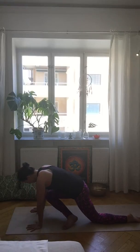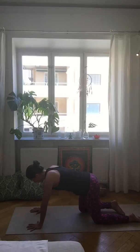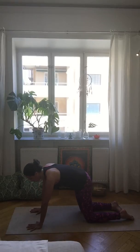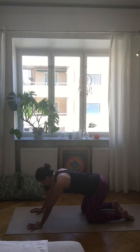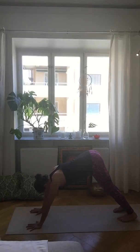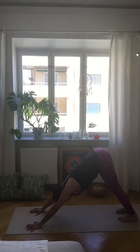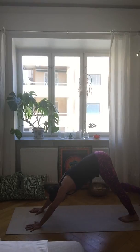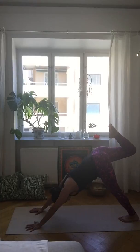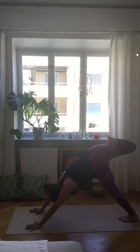And sending that right foot back into a tabletop position here, or we can just roll our hips back and forth, making a few circles, and tucking the toes in, lifting those knees, and coming up into downward facing dog here. What's really nice after this stretch is just to bring up that right leg towards the ceiling, bending that leg and shifting the weight onto the left side here, so bringing up the hip towards the ceiling and opening